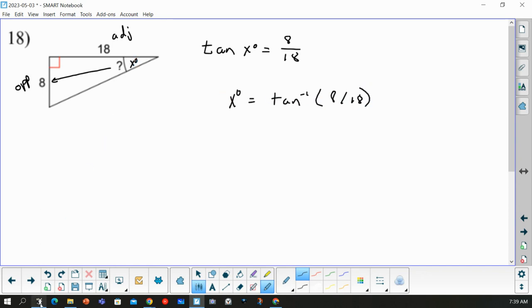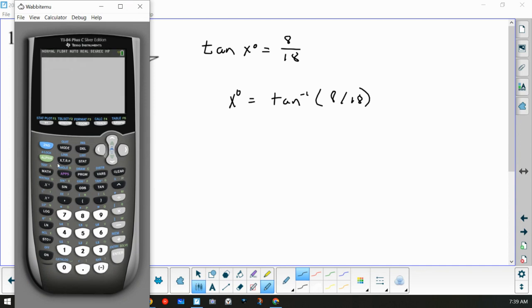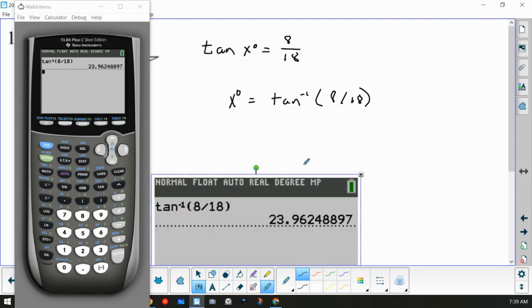So I'll grab my calculator, and to do inverse tangent, we do second and then tangent, and then we do 8 divided by 18, and we hit enter. I get 23.96. So now, since the directions say to round to the nearest whole degree,